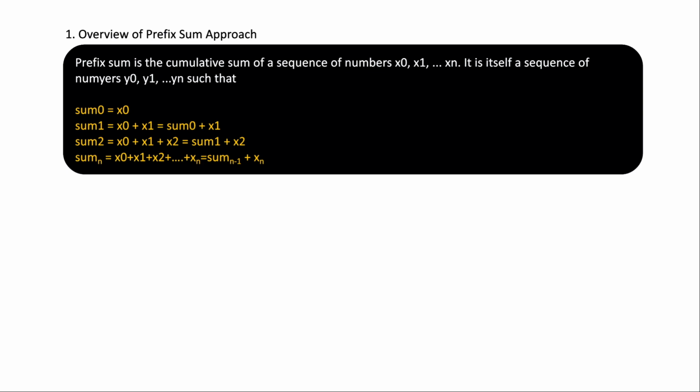So what that sum will look like is, sum of 0 is going to be your x0, for sum of 1 you will take sum of 0 and x1 and calculate sum of 1, then sum of 2 you will take. So ultimately, prefix sum works like this: at any point I you calculate a sum from 0 till I, and that way we create one imaginary array of sums which will be your prefix sum. Alright, now let's see one example of how it will be beneficial.